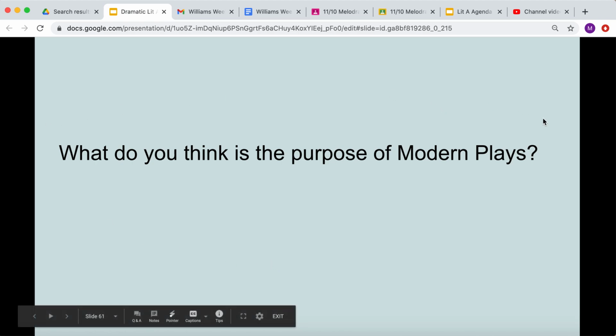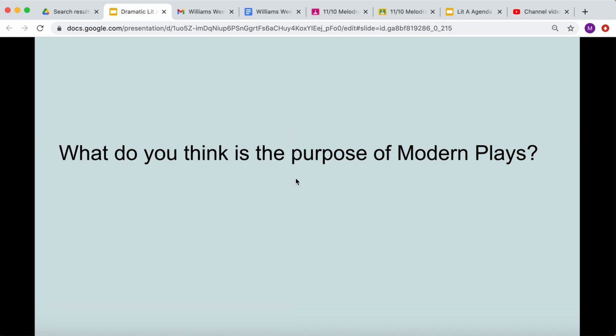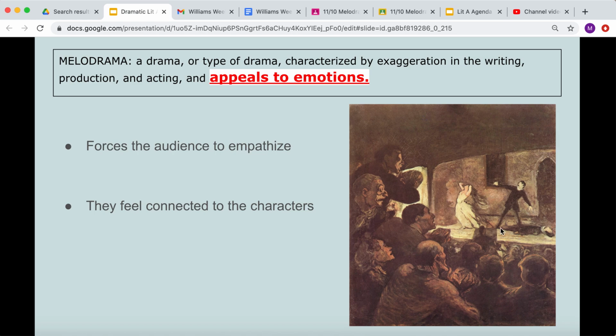One big thing to note is that in melodramas and modern plays, the purpose of theater has moved to entertainment. The reason that you watch a play like this is because you like to feel that connection to the characters, and it's entertaining. We did an activity in class